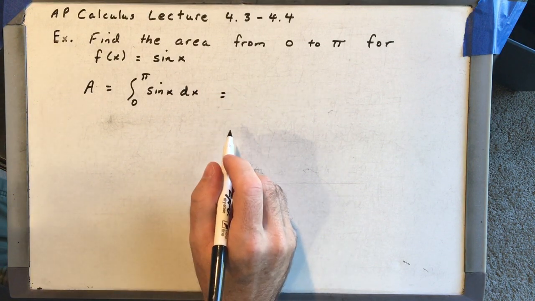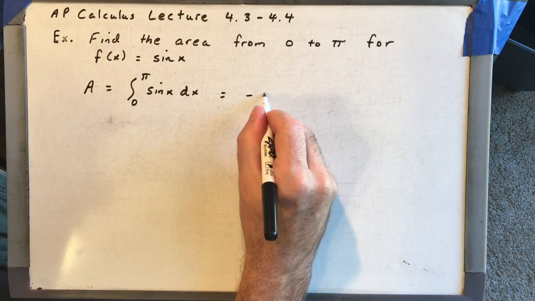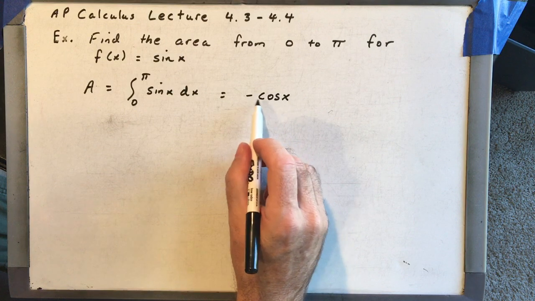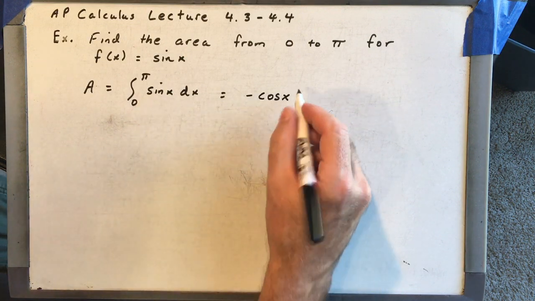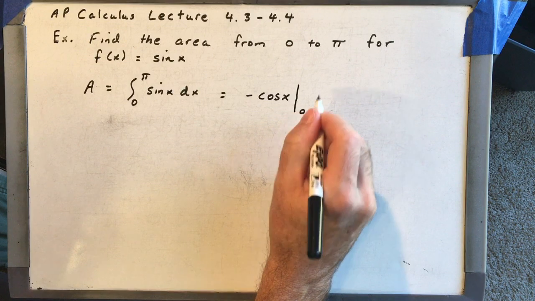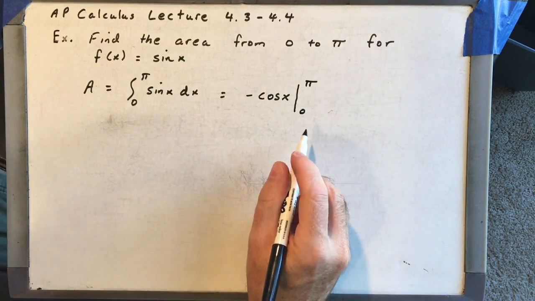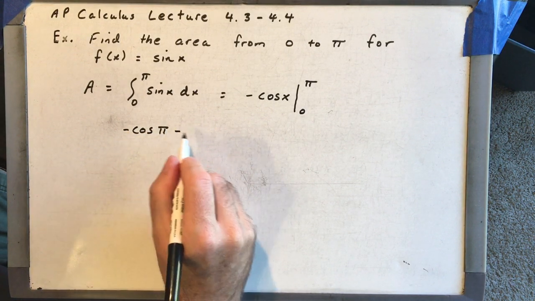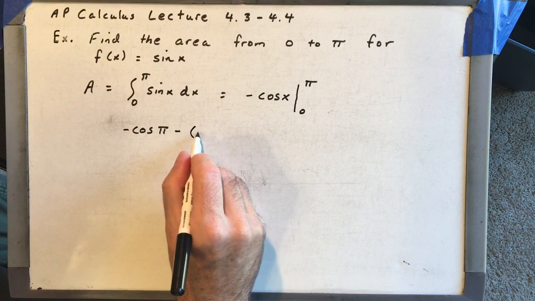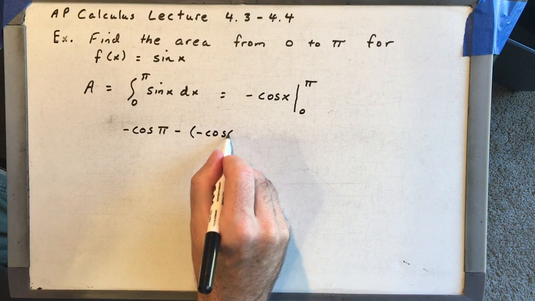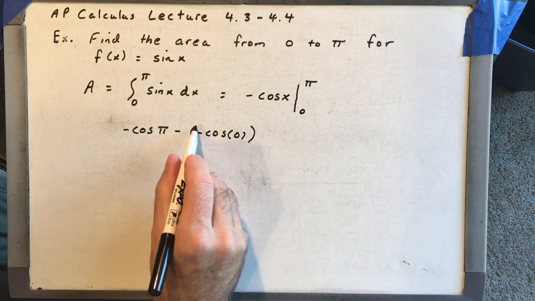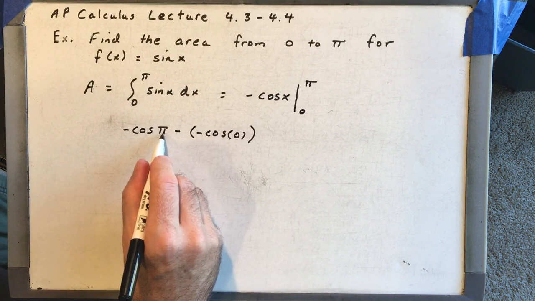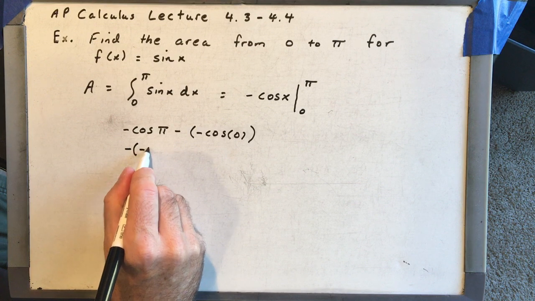All right, what's the antiderivative? Well, it's going to be minus cosine x, right? The derivative of cosine is minus sine. The derivative of negative cosine would be sine. So don't get those messed up. And we go from 0 to pi. So that's going to be minus cosine of pi minus, all right, got to be careful, minus cosine of 0. About around that second one, we need to put parentheses to make sure we don't mess that up. So what's cosine of pi? It's -1. So that's minus -1